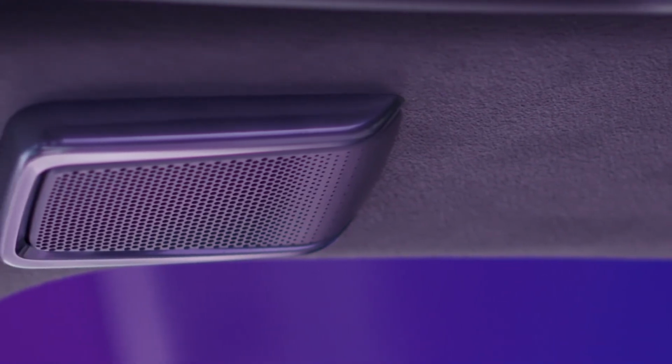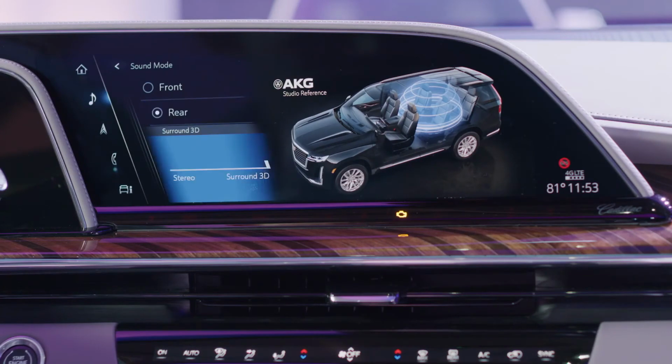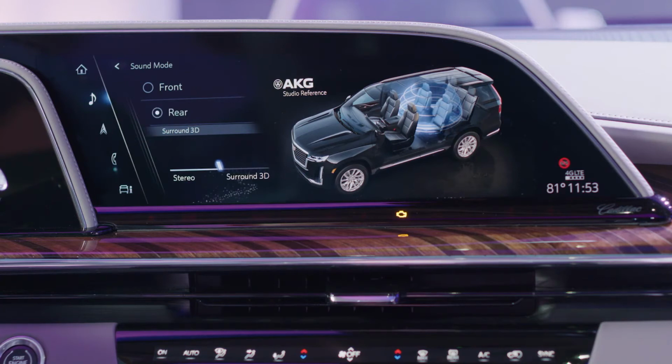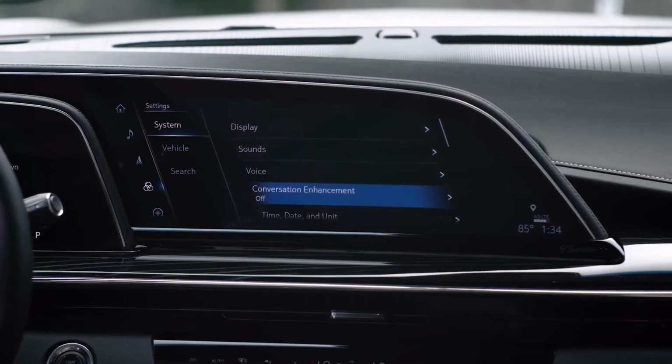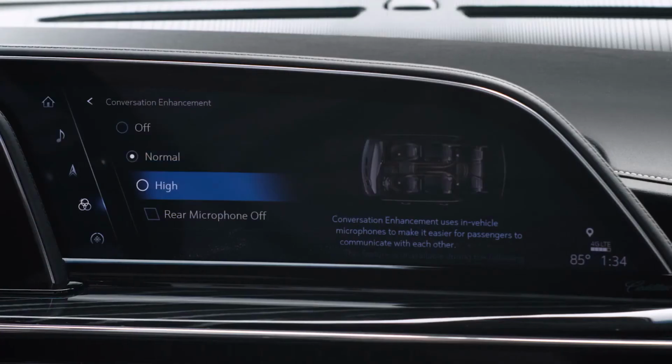The available AKG Studio reference system utilizes 36 speakers and 28 amplifier channels to create a 360-degree sound experience throughout the entire cabin that is completely unique to the Escalade. Not only does AKG bring studio-grade sound for when you're listening to your favorite music, but Cadillac and AKG have seamlessly integrated the system with conversation enhancement that lets the third row passenger easily communicate with the front row,